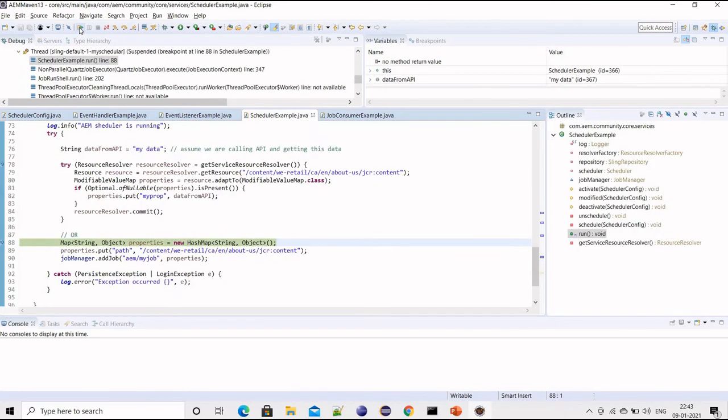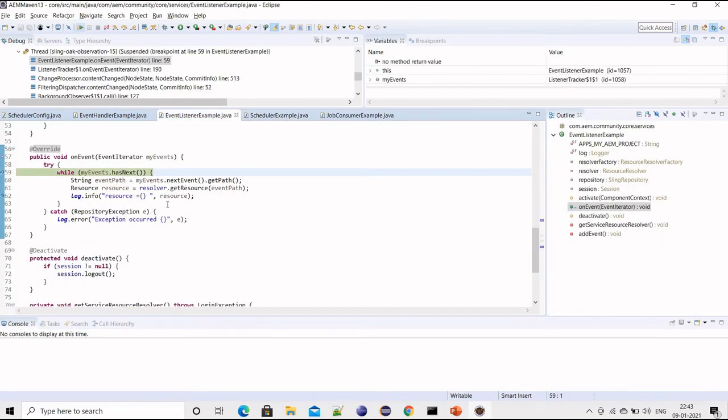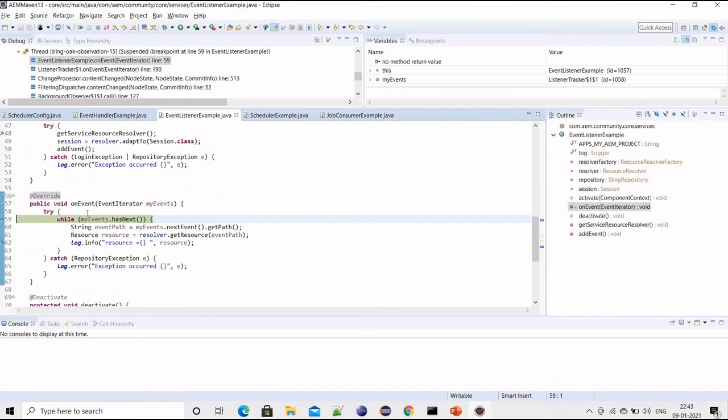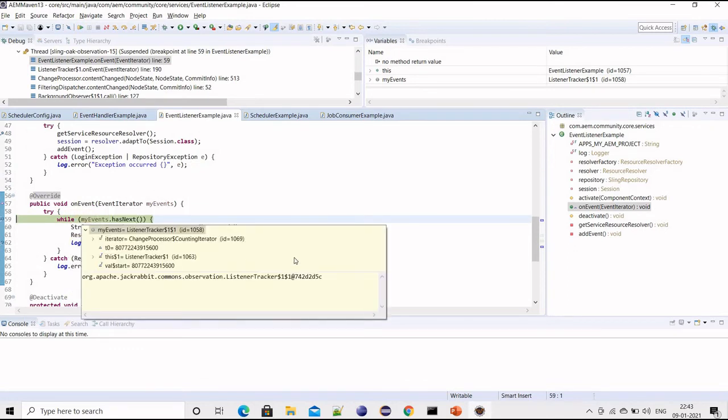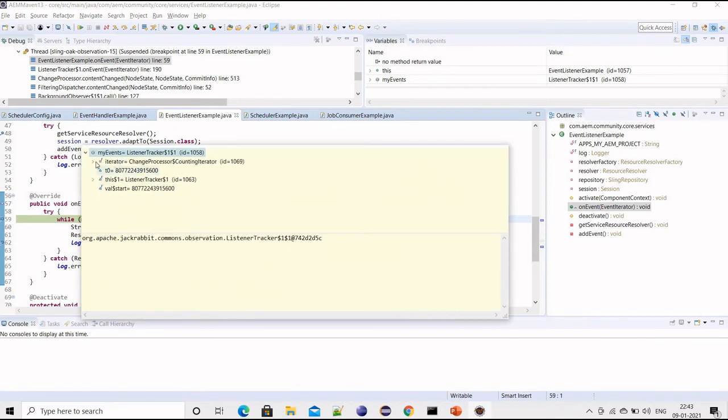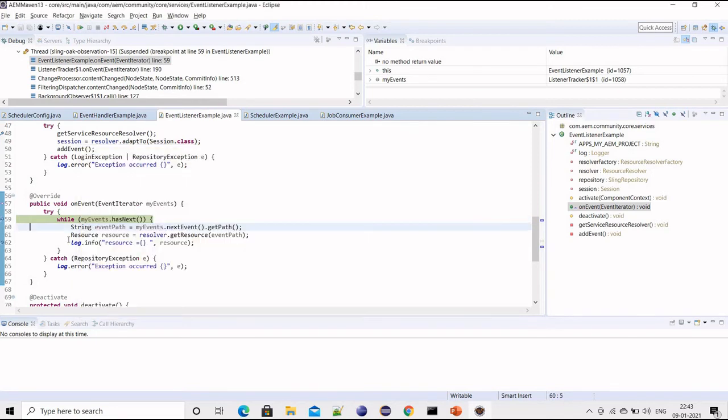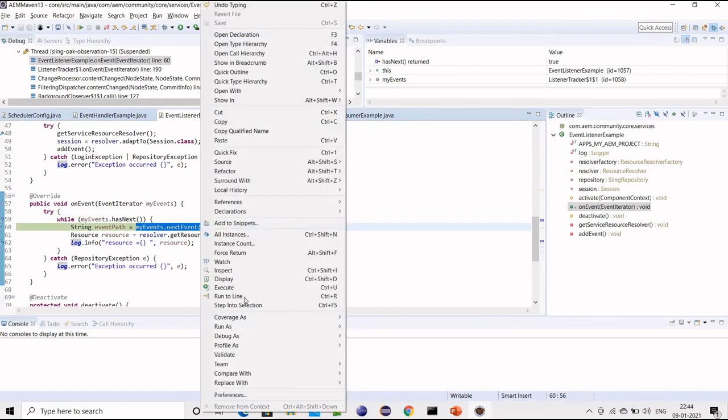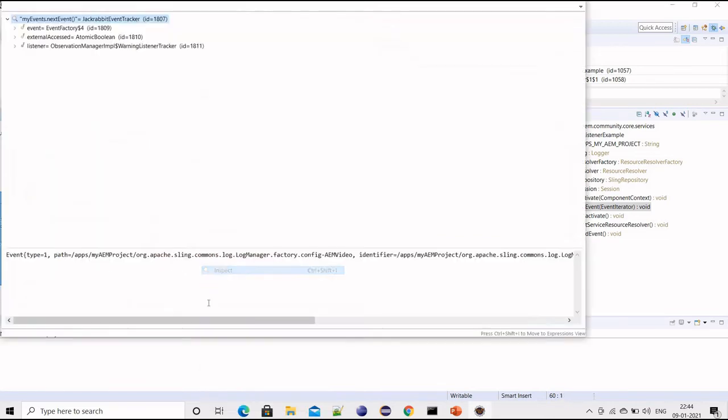Okay, my other job is also running. Just a minute. Yeah, so now it's in my method, as in the event started. If you see, it's a list of events since it's an iterator. But what I'm more interested in is the events. Let me go inside the while loop. So this is my first event, and if you see it, I'm getting all the information.